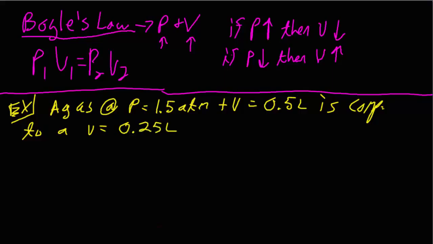Right, so we've got this gas that exists at a pressure of 1.5 atmospheres, and its volume is 0.5 liters, so it's in a fairly small space, and then it's being compressed into